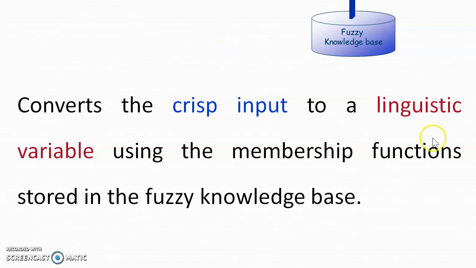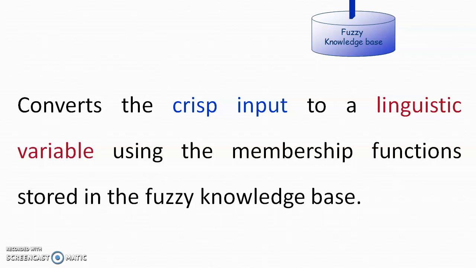So what does this mean by this linguistic variable? See, what we have covered till now, when we have already learned the fuzzy rules, fuzzy propositions, fuzzy operators, then we know that any kind of crisp input, like say temperature, then